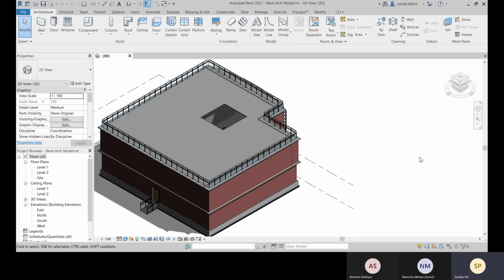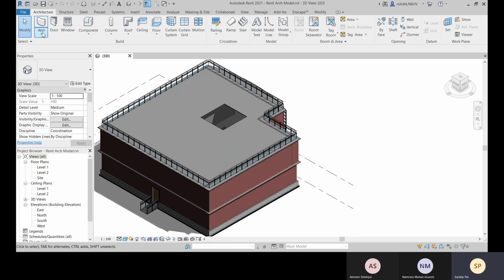You can say it is user defined, but it is unique to the project. You can also assign some parameters to this, so you are not working with the existing parameters; you can assign your own parameters. So let me show you that.